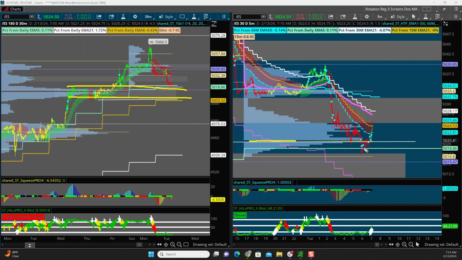We came down at level support, and you notice the volume coming in. That's what these blue dots are. That's greater than 50% of its average volume. And we came here, and now we're starting to get green bars with volume. So we kissed it, and now we're moving up.